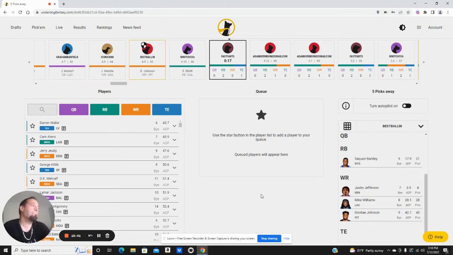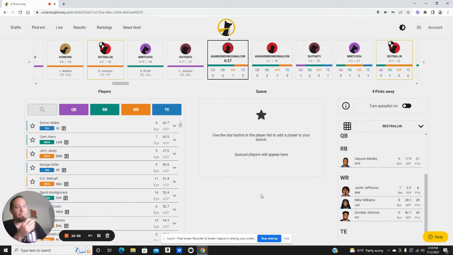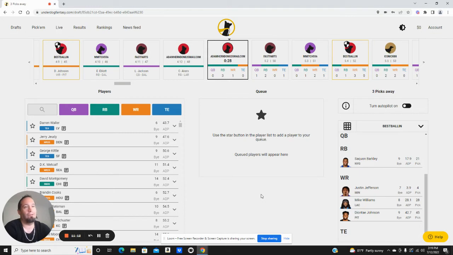So to me, a 0 RB build, pardon me, still a little bit dealing with this COVID, but a lot better than I was. A 0 RB build should have 6 or 7 running backs on it in an 18-round draft. A hero RB build should mostly have 5 to 6, with more of a lean towards 6. A dual RB build is pretty much always 5 for me. I want my 2 good ones, my 2 beasts, and then 3 other guys.